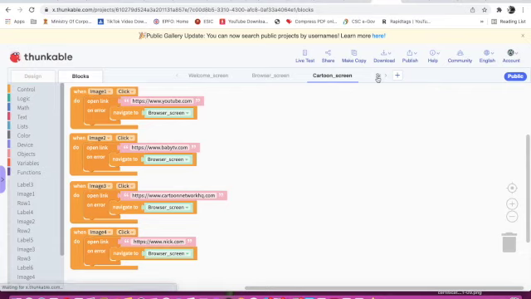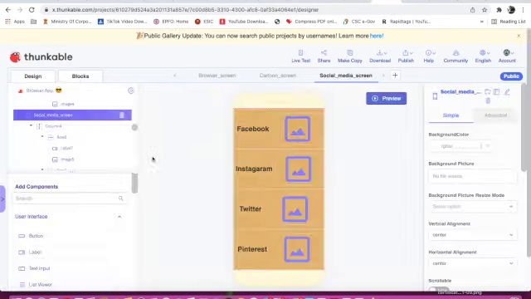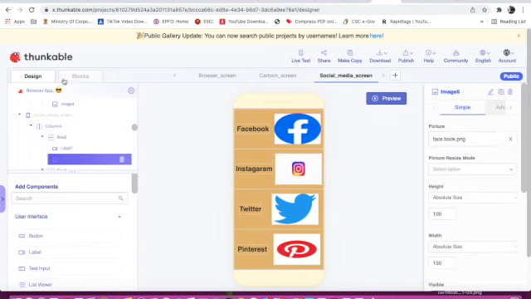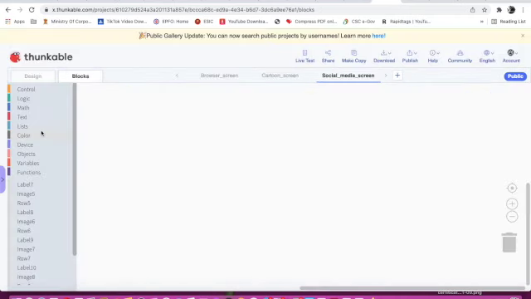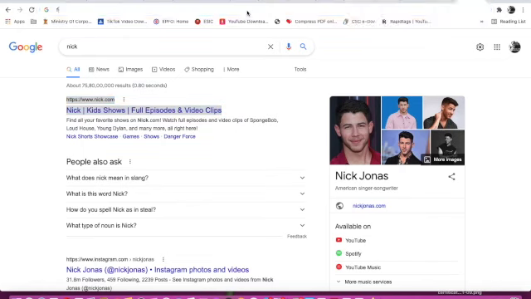Now we will work on the social media screen. So here Facebook is there. This is image 5. When image 5 is clicked, I will go to Control and I will take this last block, open link and error. Here I will type Facebook.